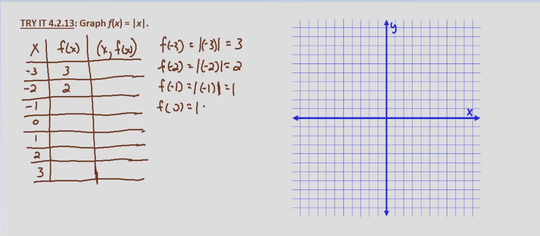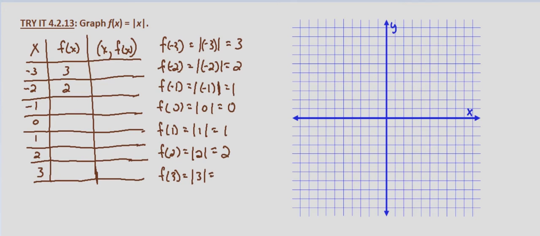The absolute value of 0 is 0. Absolute value of 1 is 1. Absolute value of 2 is 2, and the absolute value of 3 is 3. Fill in our table here. Our points will be -3, 3, -2, 2, -1, 1, 0, 0, 1, 1, 2, 2,